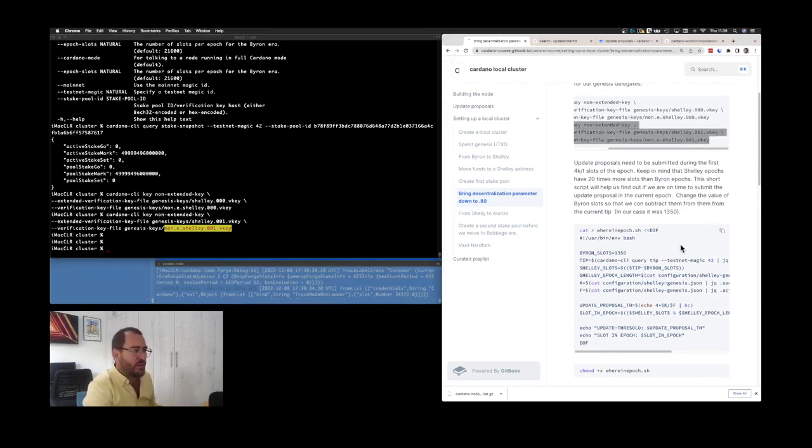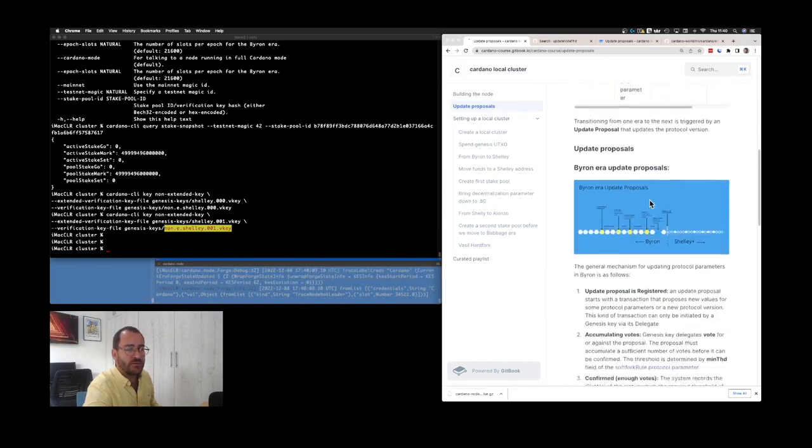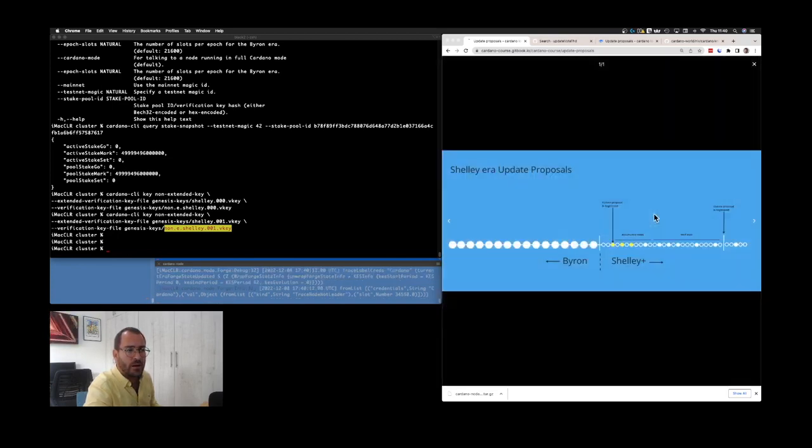use another script, because remember that we have this difference in slot length between Byron and Shelley eras. That brings us a problem, because our blockchain started with a given slot length, and now we are in shorter slots in Shelley era. So we will need to figure out our window here for sending